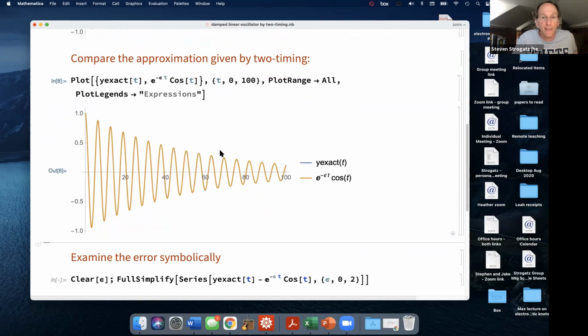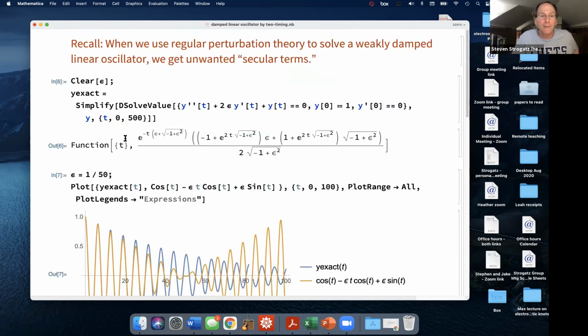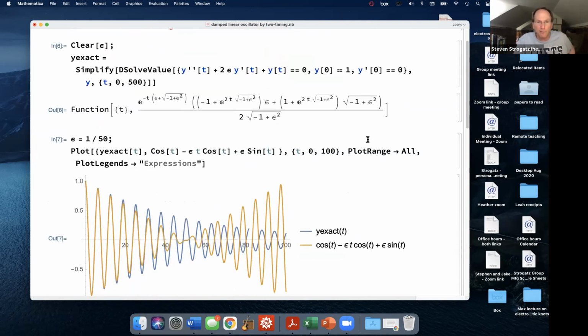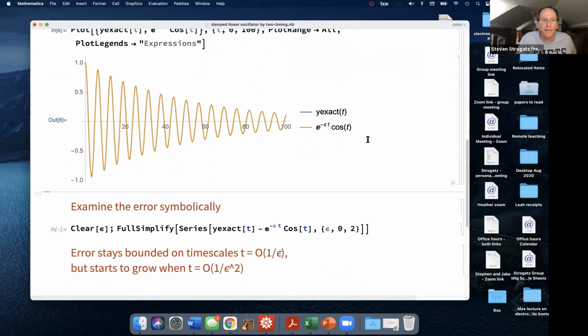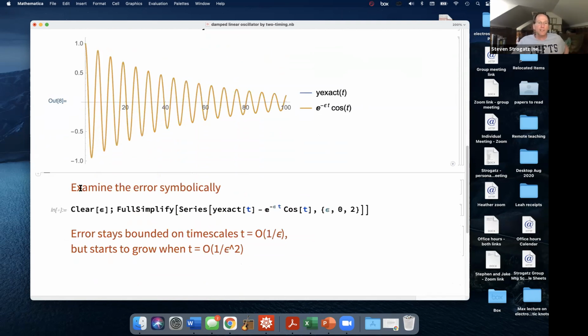Now, it's not exact. You can see this expression is a lot simpler than the exact result, which was back here. So the method is not perfect. It's not giving you the exact result. It's giving you an excellent approximation to the exact result. But there is a difference. And I think the clearest way to see the difference is not numerically, but symbolically. Let me just ask it to do the series expansion on the exact solution with respect to epsilon and compare it to this asymptotic approximation, and let's see where they differ.